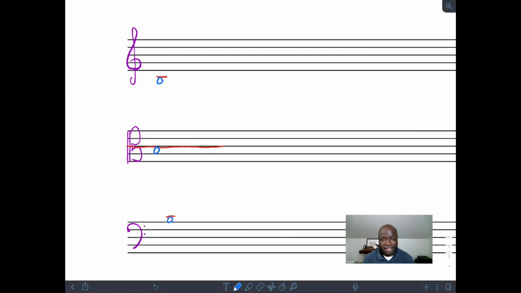So hopefully that makes sense. Now, I want to pause before I move on from this and show you something that we see in music all the time. You'll see it in this class, you'll see it in other places. I drew each of these on their own sets of staves just to keep it clear, but you won't always see it that way. Sometimes you will see things written: treble clef there, alto clef here, and the bass clef there.